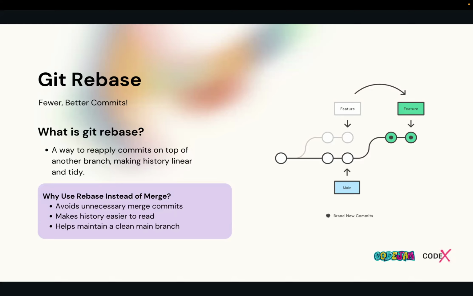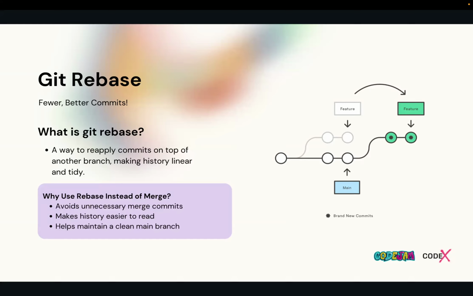You can merge the upstream main to your local branch, or else you can rebase the upstream main to your local branch. At the end, these two will end up with the same result, but the way they perform is totally different. You have to get a very good knowledge about merging and rebasing. I also took a very long time to get a clear understanding of the difference between rebasing and merging.